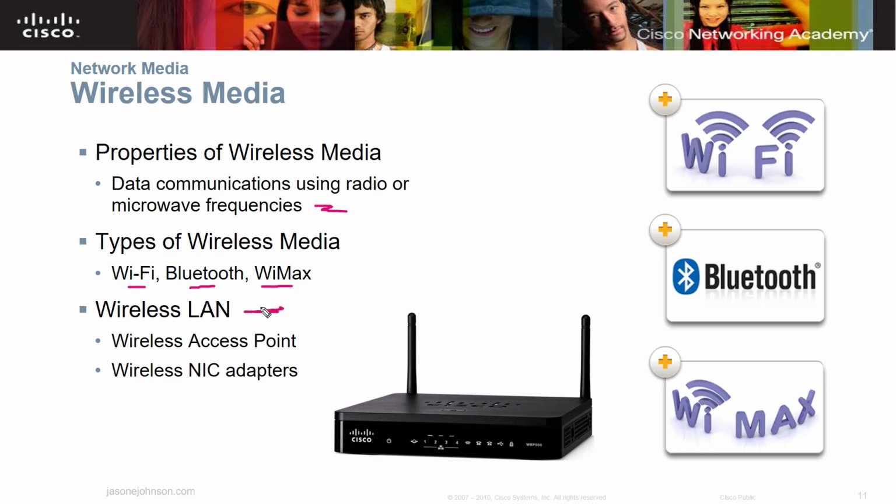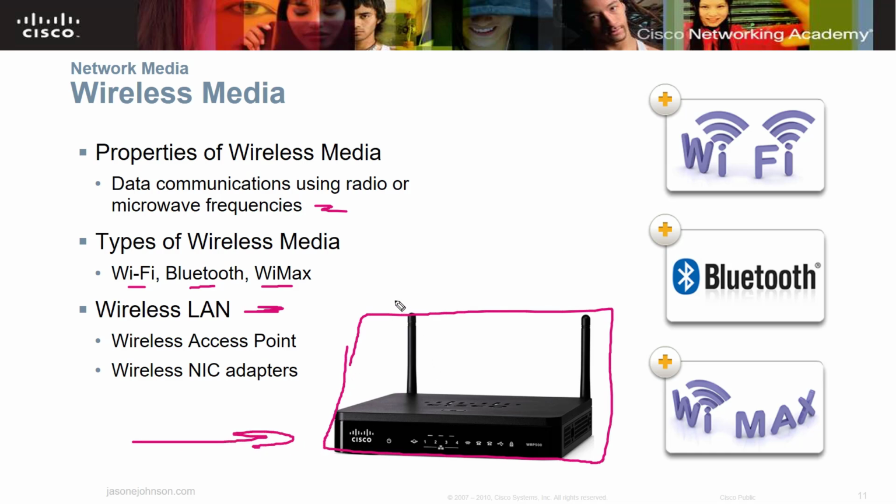You have wireless local area networks, and you might have a device like this that you set up. You have your WAN come into it, and then you broadcast out, and your different devices pick up that signal and can then connect to the internet or your network, if it has the right protocol set up. So if you have Wi-Fi set up, let's say on a mobile device, you can connect to that device and get signal. We call these a WAP, or a wireless access point. You'll hear the term WAP. Well, that's a wireless access point where you broadcast out.